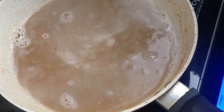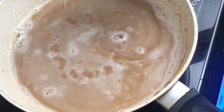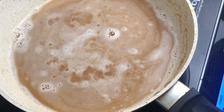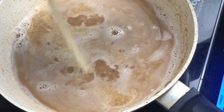As this is coming to a boil, I'm going to add some spices. Let's have a teaspoon of salt, half a teaspoon of garlic powder, 1.5 teaspoons of onion